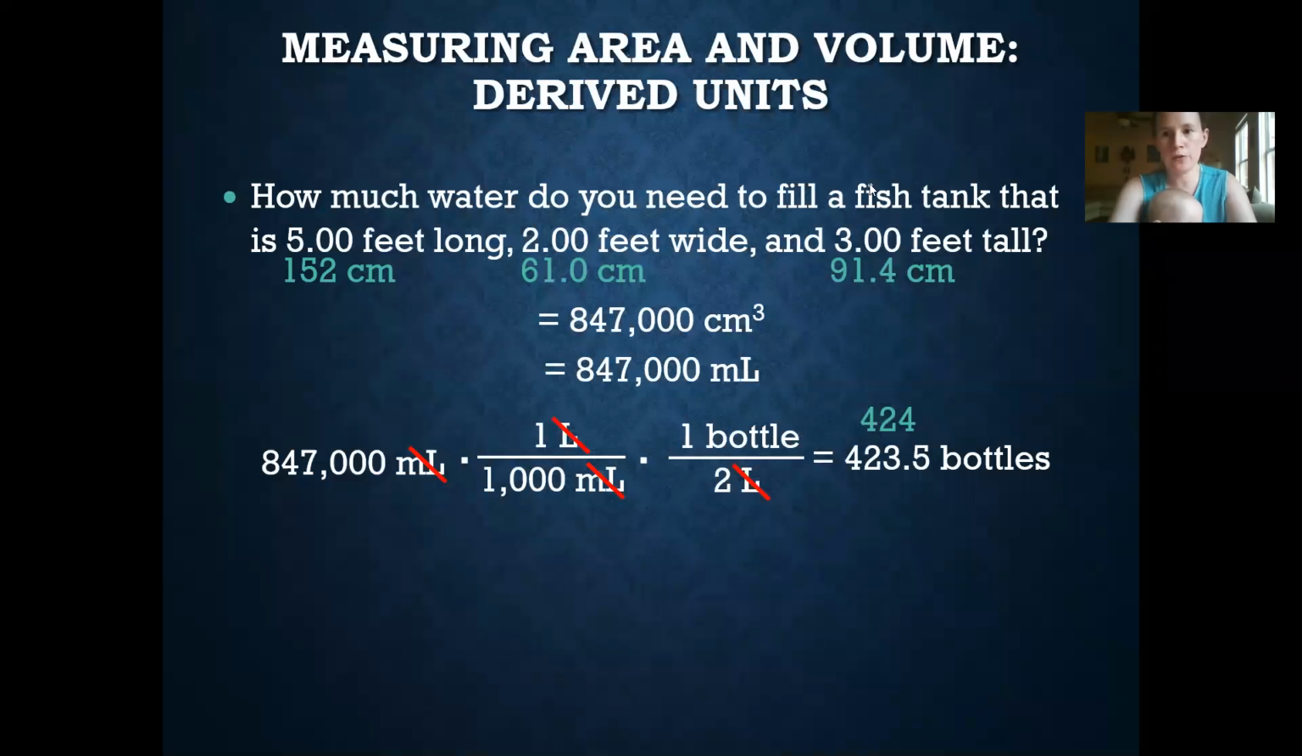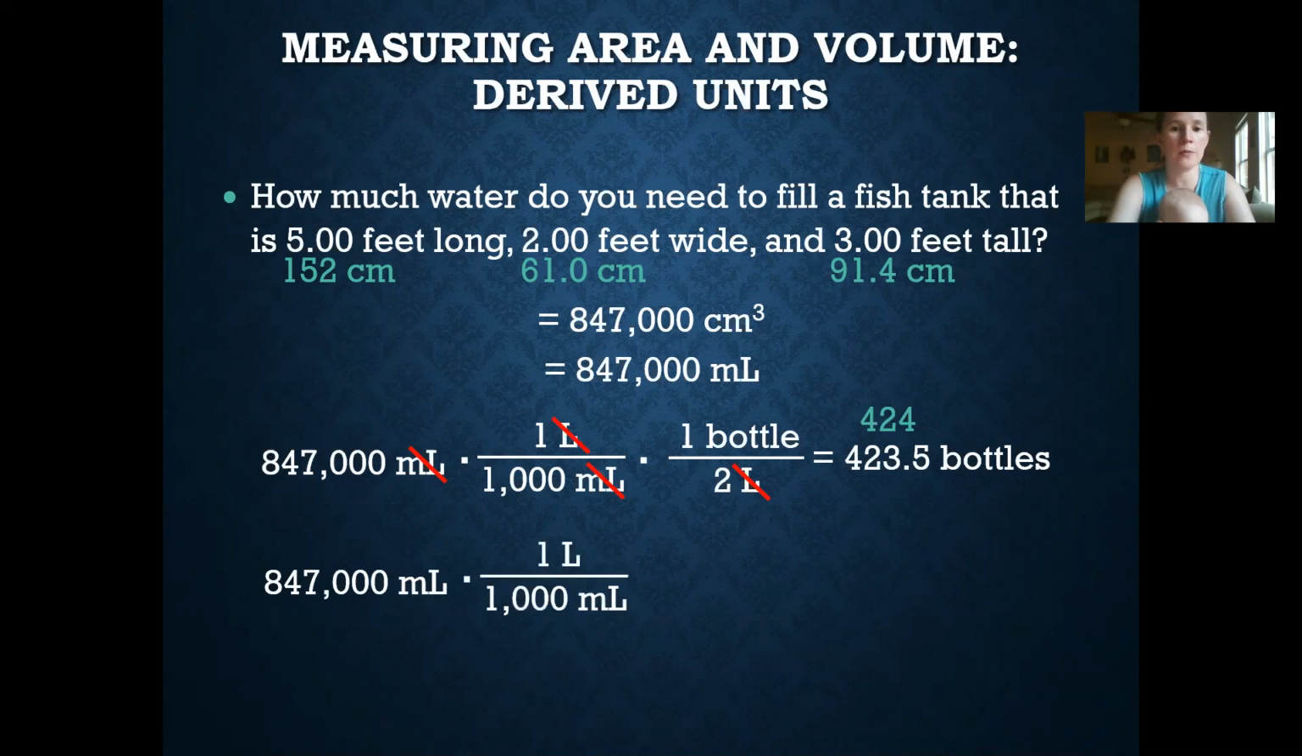So let's say you don't have a 2-liter bottle. Let's say you have a gallon milk jug. So we're going to start the same way by converting to liters. 847,000 milliliters times 1 liter over 1,000 milliliters, and there are